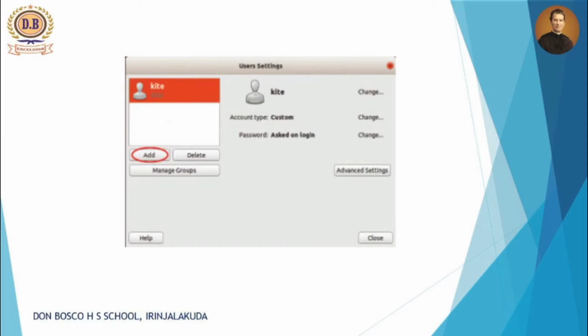If you click on that Add button, they will ask you to create a password for your name. So create a password. After that, shut down your computer and log in again. When you log in, while entering the password, you can see one arrow mark there. If you click on that arrow mark, every user will be listed. Select your name and log in as a new user. A new home folder has been created in your home folder, and a desktop also will be created for the new user, and you can change the desktop or appearance of the screen.